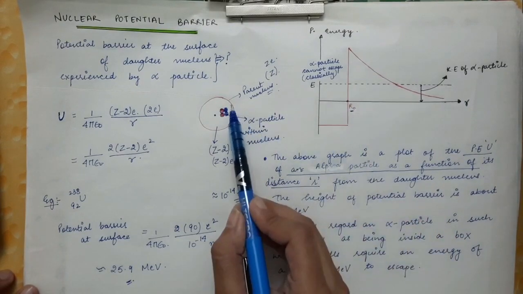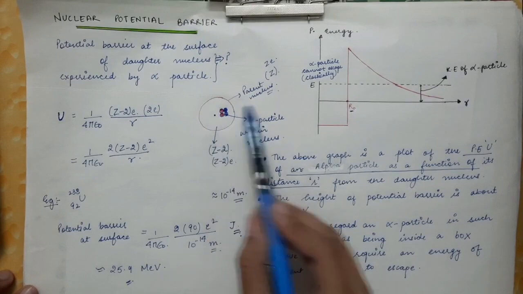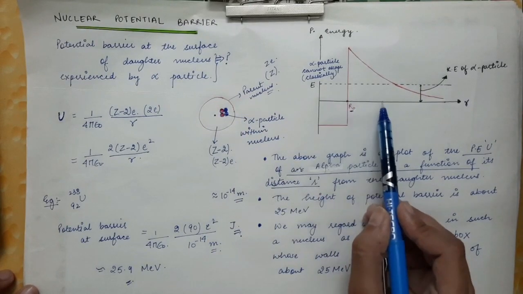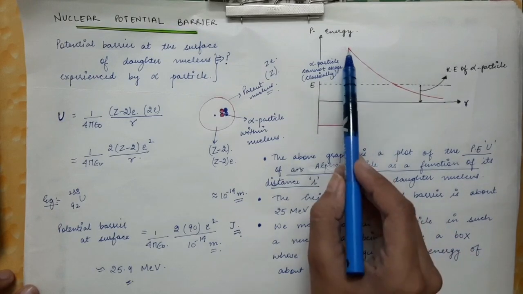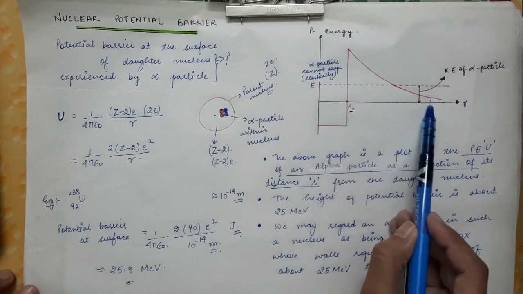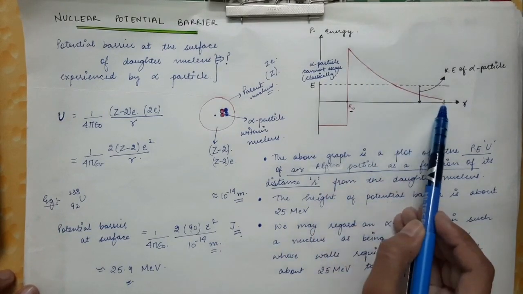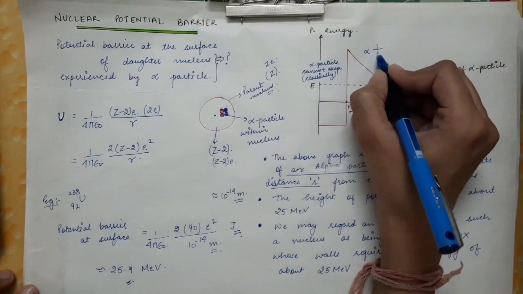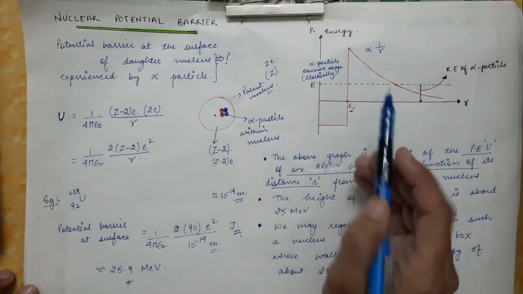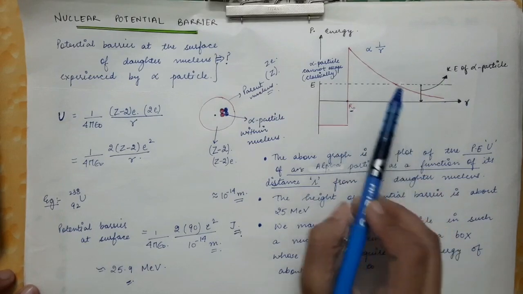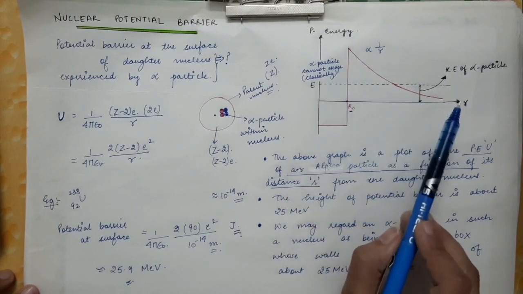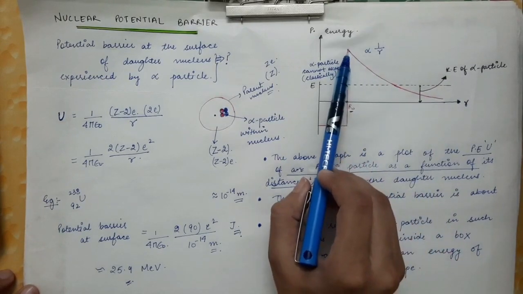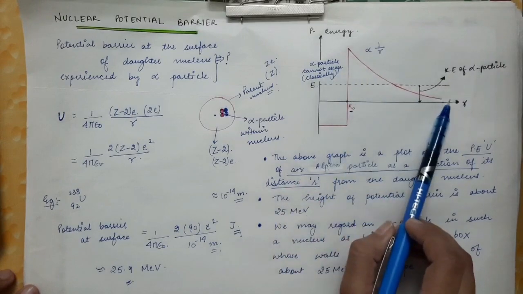Now r0 is the radius of this nucleus. As the distance of the alpha particle from the daughter nucleus increases beyond r0, the potential energy goes as 1 by r. This graph has been plotted according to an inverse relation with the distance. So as the distance increases, the potential energy keeps on decreasing. The potential energy experienced by the alpha particle due to the daughter nucleus keeps on decreasing,